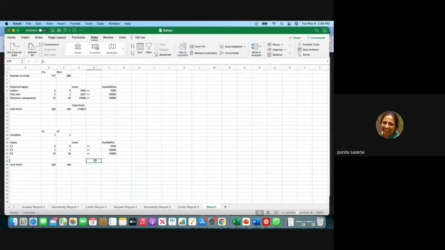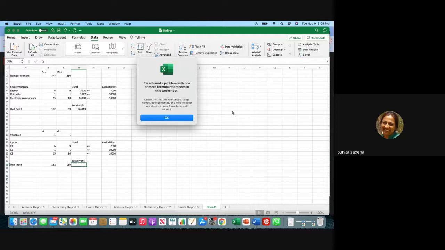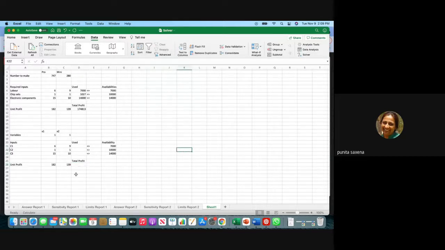So I'm writing here total profit. यहाँ नहीं, यहीं आएगा. इस सेल में. आई थिंक यहाँ मैं ऑलरेडी कोई फॉर्मूला डाल चुकी थी, शायद उस वजह से हो रहा है. ओके, नाउ आई हैव टू राइट द वैल्यूज हियर. ठीक है ना? So now I'll say equal